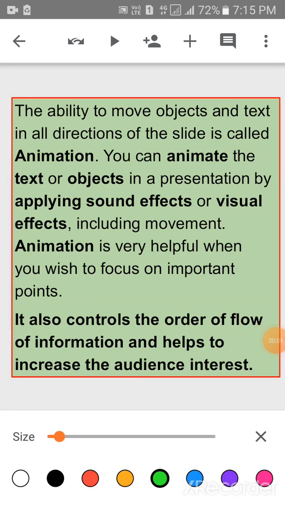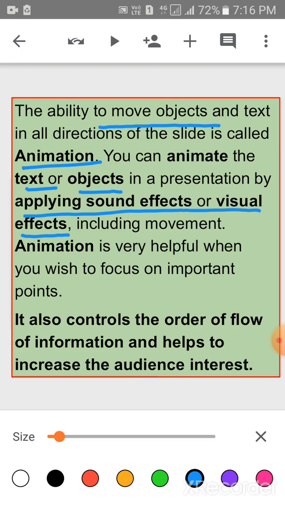Children, the ability to move objects and text in all directions of the slide is called animation. You can animate the text or objects in a presentation by applying sound effects or visual effects including movement. Animation is very useful when you wish to focus on important points.